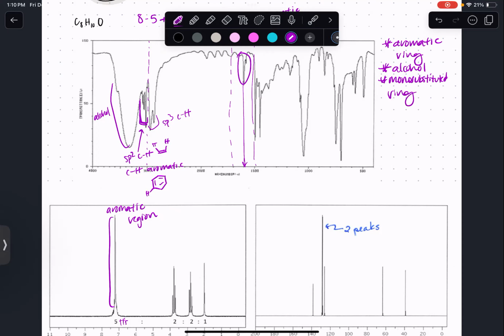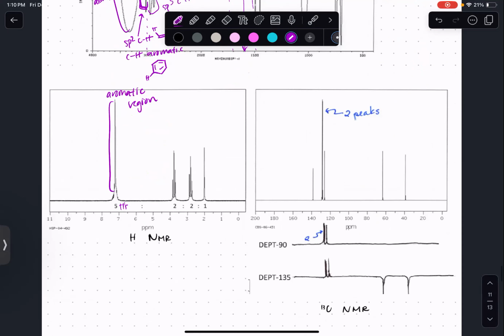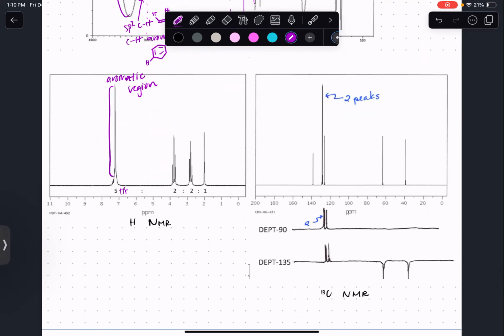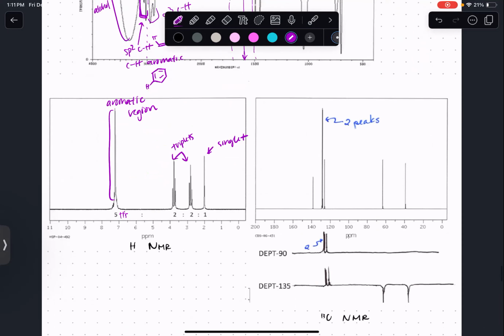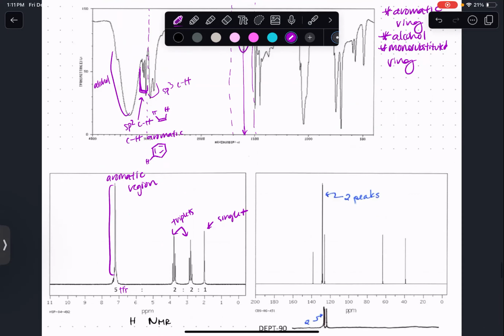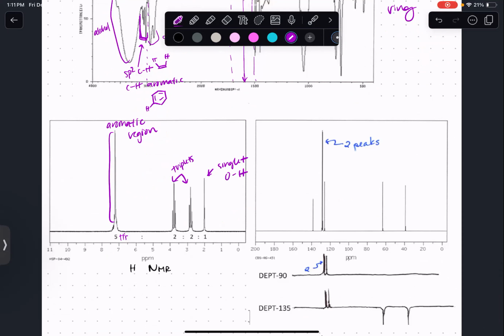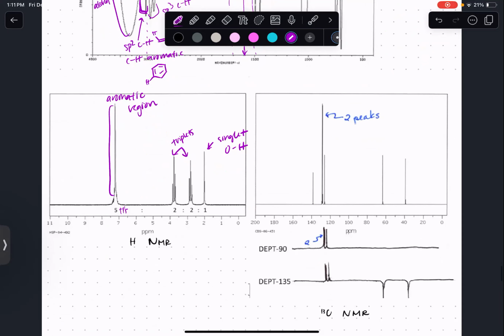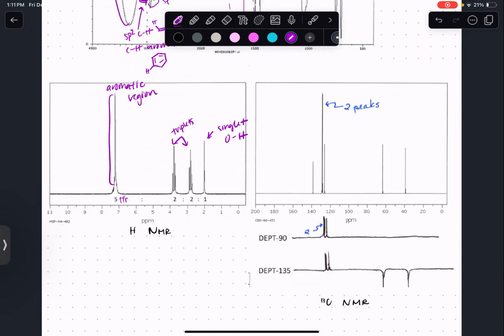So I just have one thing on there. And then from these, all I'm going to note for right now is that these are both triplets. This is a singlet, and this singlet is most likely going to be from that alcohol. So I'm going to cautiously say that this singlet is because of the hydrogen on that oxygen. And then these 2 triplets, I'm not going to specifically say where they are yet. I'm going to figure that out by looking at my DEPT